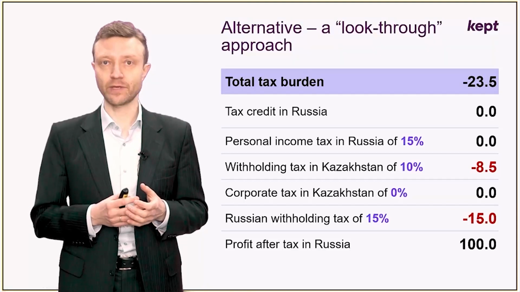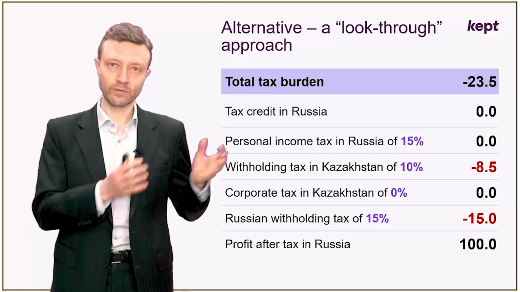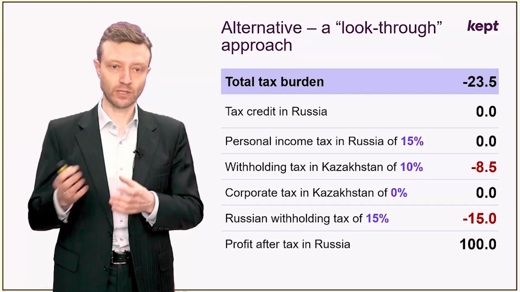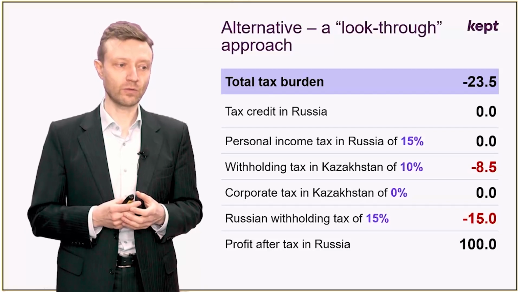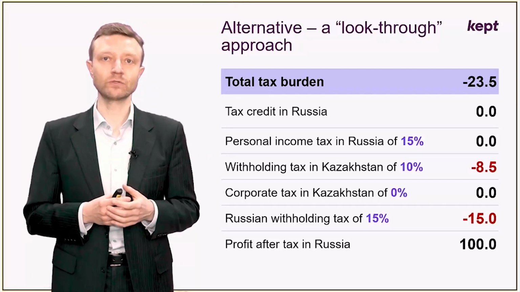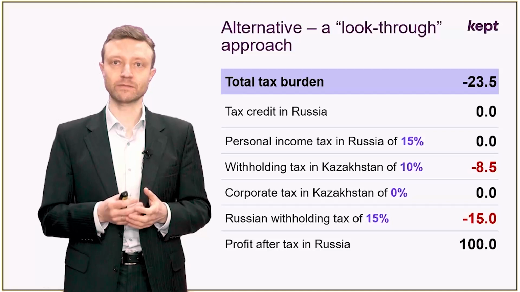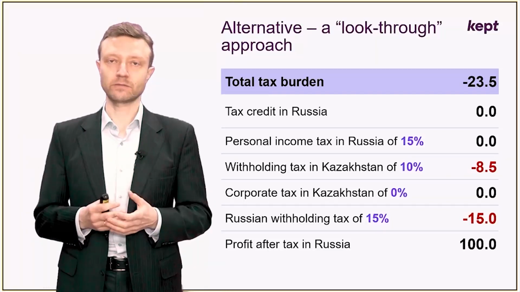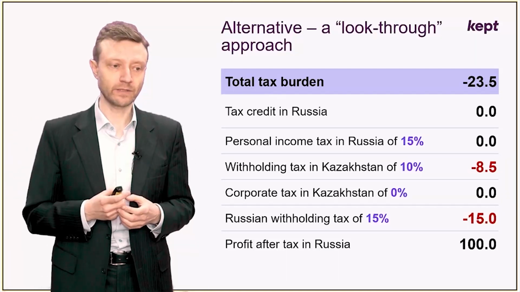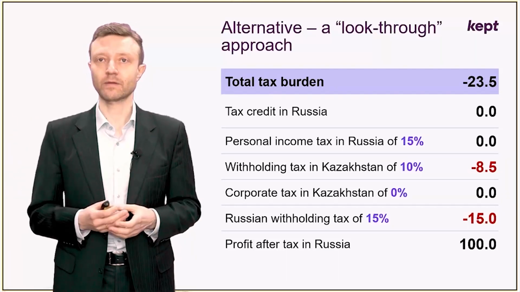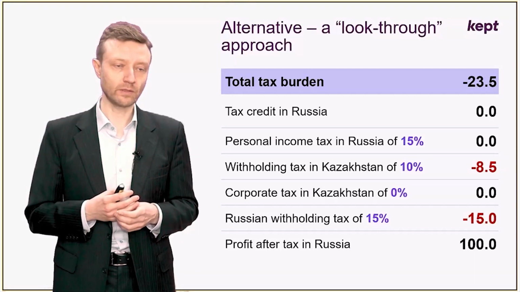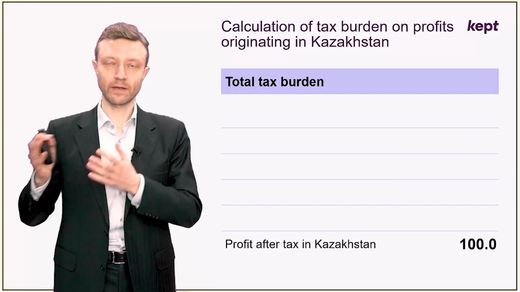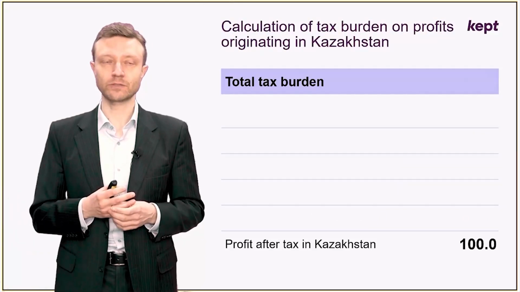The same 23.5 units will be paid on the Russian profits that are distributed through the holding company in Kazakhstan to the shareholders using the so-called look-through approach, which is only used for tax purposes because from a legal perspective, these dividends are going to be declared to the same holding company, and they will go through the intermediate holding company as is supposed in normal circumstances. Let's now look at the other parts, the Kazakhstan parts of